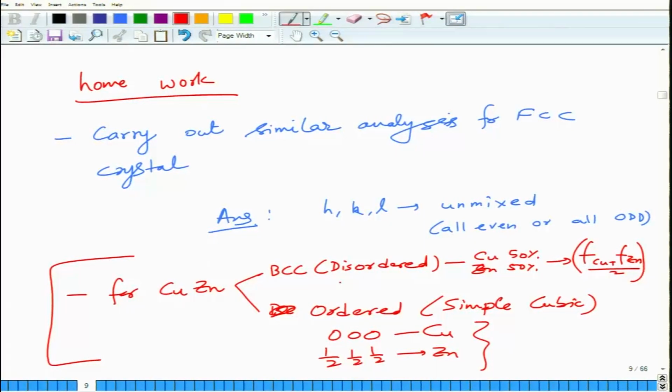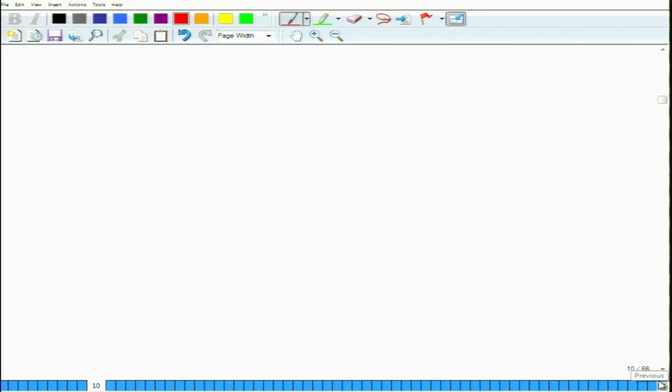because one will show you an X-ray diffraction pattern which is like BCC, and the other will show you an X-ray diffraction pattern which is like simple cubic, okay. So, the extra peaks which will come out in simple cubic will be called superlattice reflections. We will not get into details of them, but let me now just summarize this part. So, with respect to Bravais lattice,